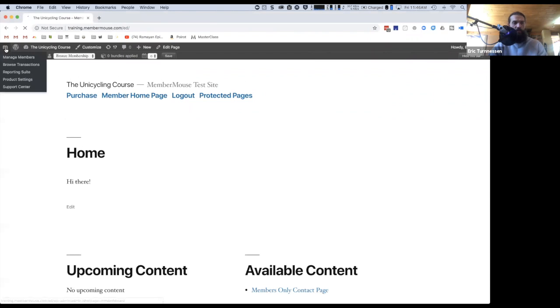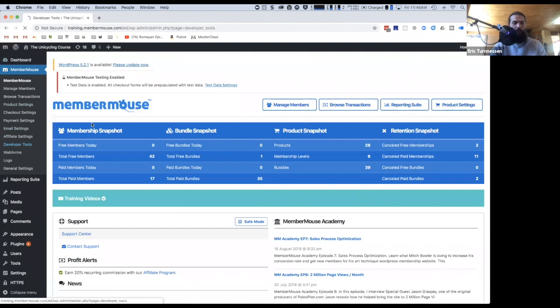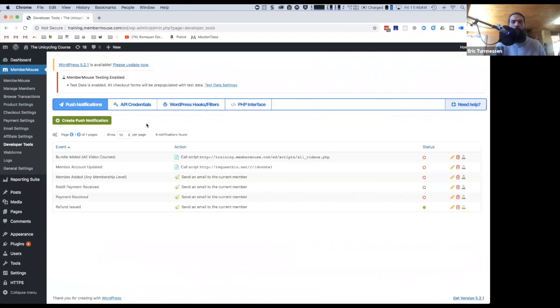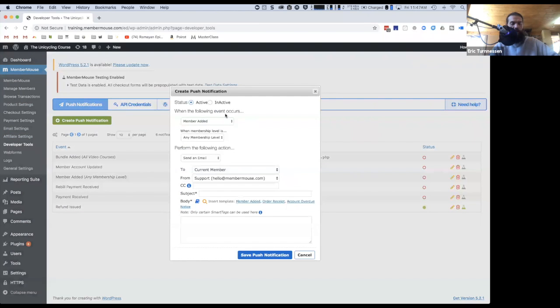Push notifications, for people who don't know, are ways that you can instruct MemberMouse to perform actions based on some event that's triggered within the software. So for example, we go to developer tools, push notifications, create push notification. And in this dropdown, we can see all the events that we have access to trigger off of. So for example, when a member's added, when a bundle's added, when a payment is received, when